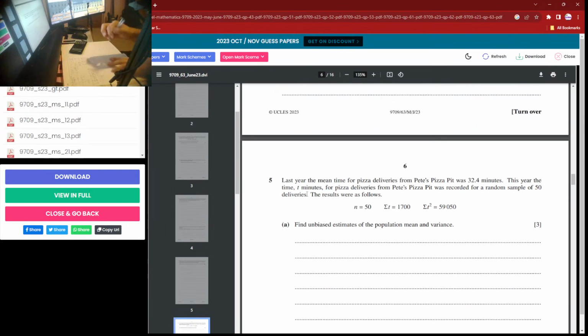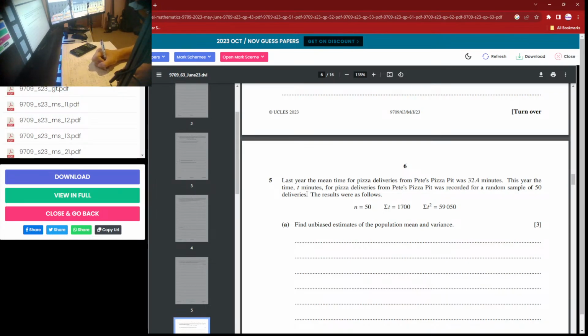Number 5. Find the unbiased estimates. Okay, this is easy. The mean is equal to 1,700 over 50, which gives us 34. And the variance would be n over n minus 1, sum of x squared over n minus sum of x over n squared, which is equal to 50 over 49